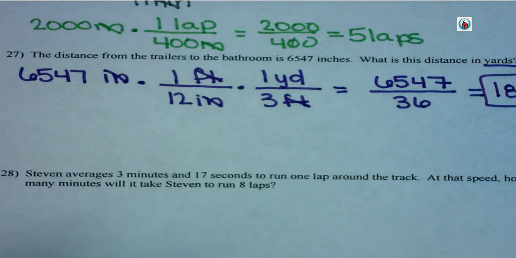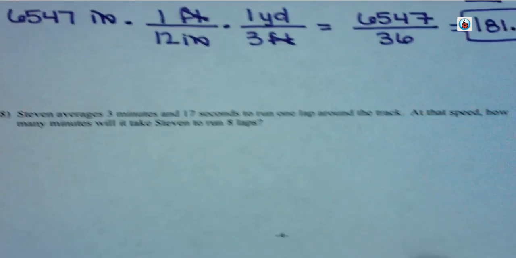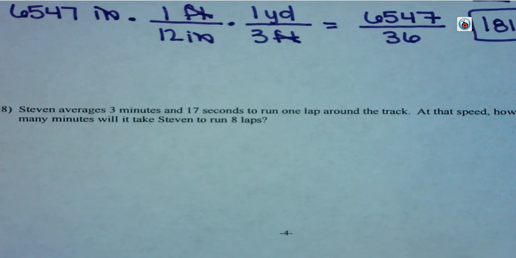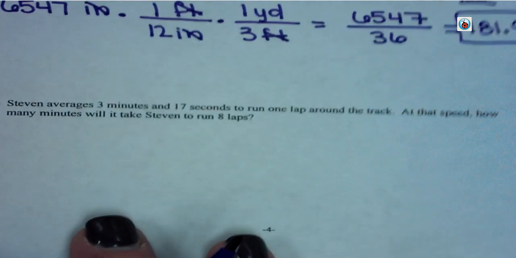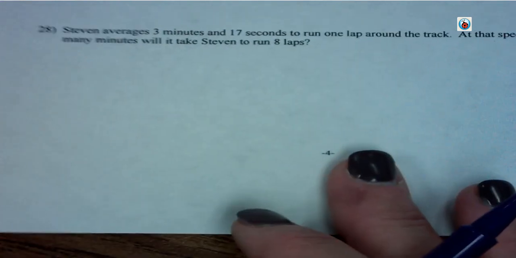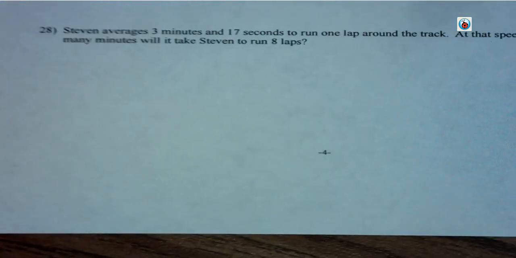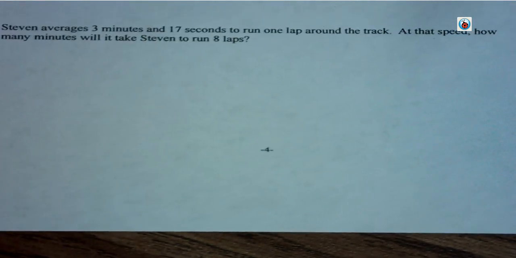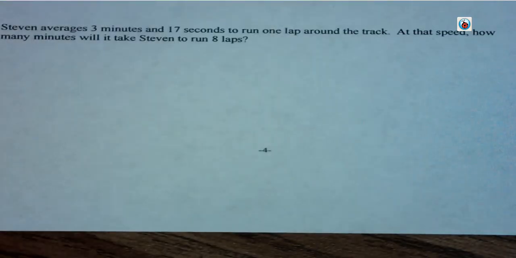Oh, we're almost there, guys. Here we go, our last one. Stephen averages 3 minutes and 17 seconds to run 1 lap around the track. At that speed, how many minutes will it take Stephen to run 8 laps? How many minutes? So we're looking for minutes. So I want all of my answers in minutes. So we want